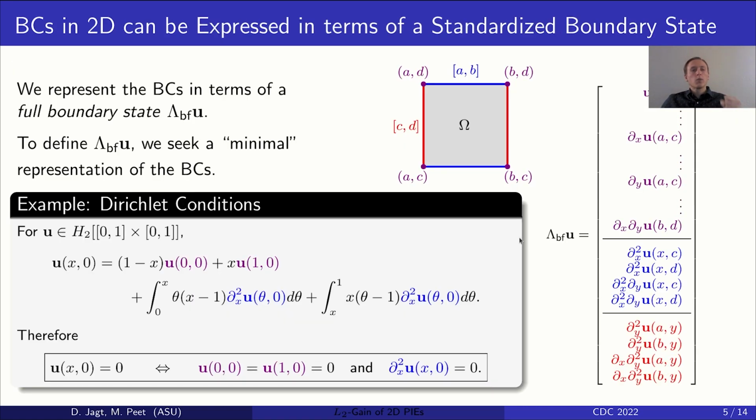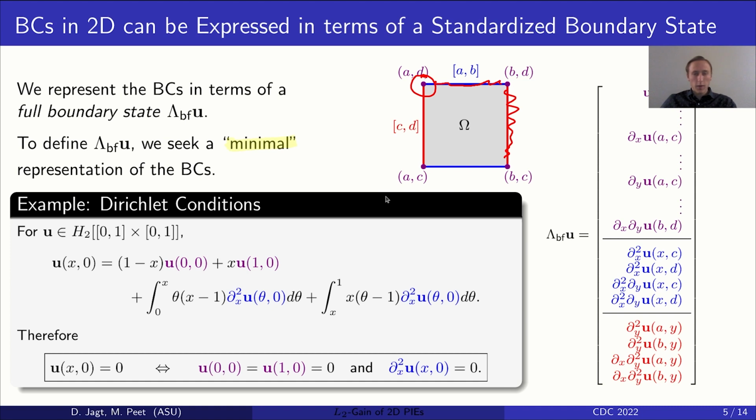Well, we want to be able to represent as many boundary conditions as possible in a compact format. But in 2D, the boundary is rather complicated. In particular, we have these corners where the state is finite dimensional, but we also have these edges along the x direction and these edges along the y direction where the state is one-dimensional. So in order to be able to represent as many boundary conditions as possible, we will seek a minimal representation